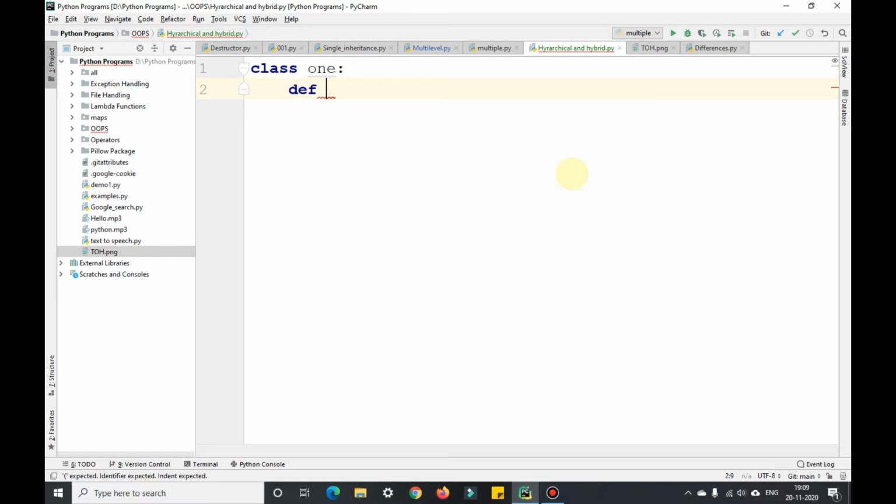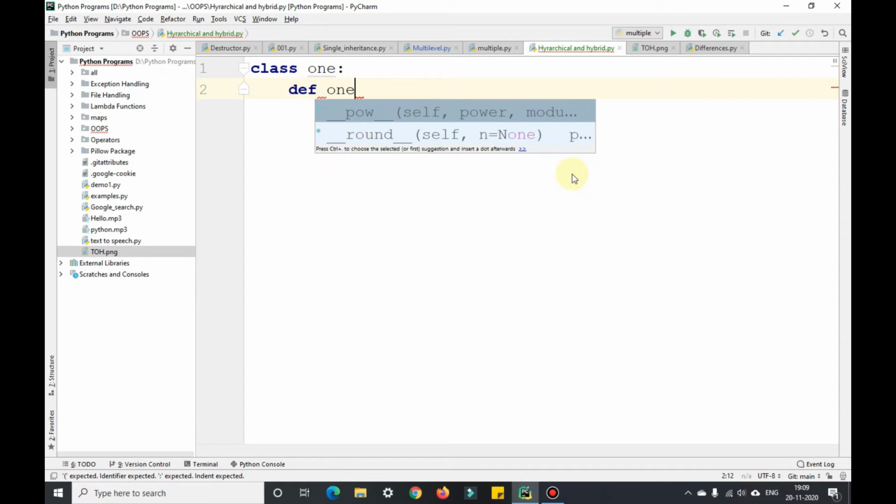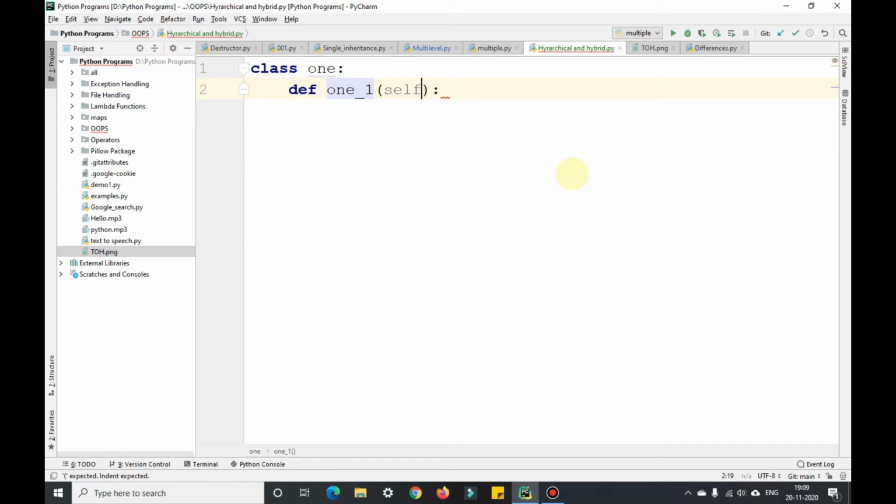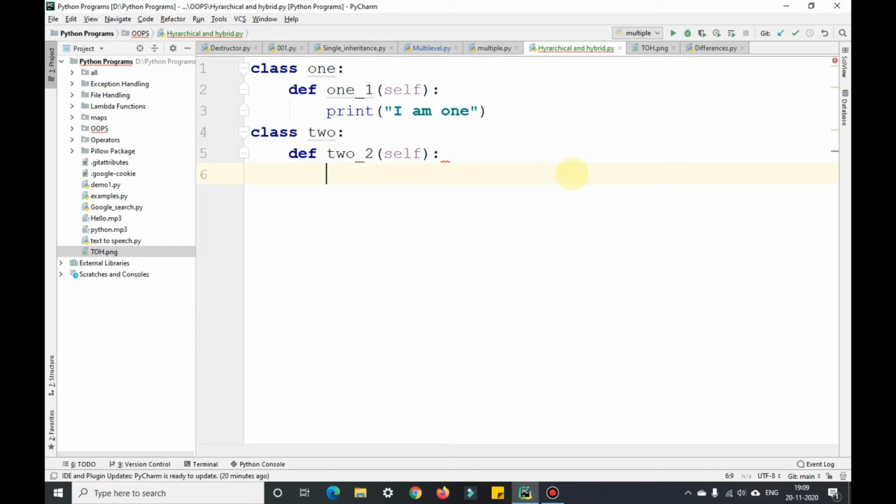I'm defining def 1_1 with the self keyword. I'll just print I am 1. Okay. Now class 2. In this I'll define def 2_2 with a self keyword and print I am 2.